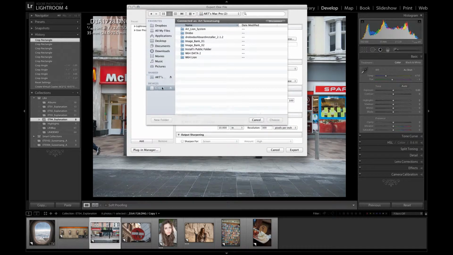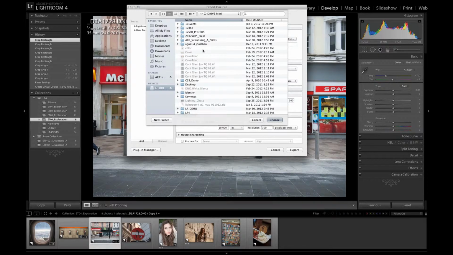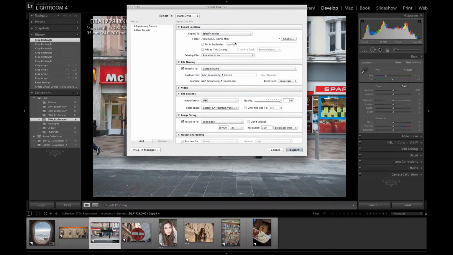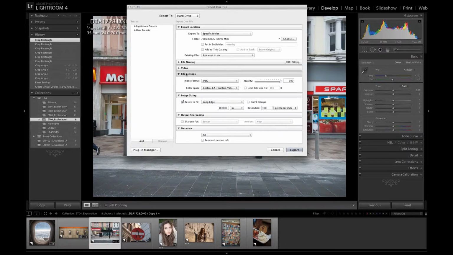You can create another folder here on your hard drive for whatever assignment or wherever you want to go to and export your files. We're going to leave the file name the same in this case. Skip the video setting. So the next one is the file setting. This is where you would look at the file settings in terms of whether you want a JPEG, does your lab require JPEG or any other type of file format,